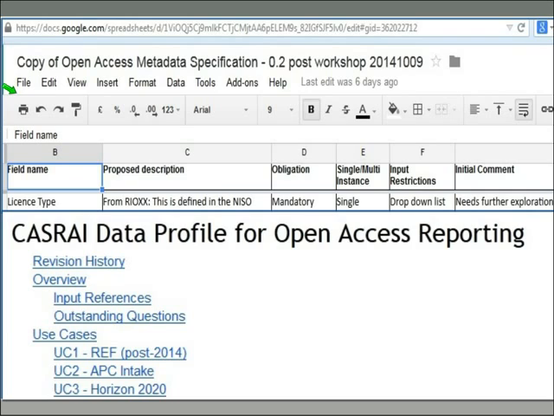What we were left with was about 30 odd core open access fields on top of the standard ePrints publications fields. And also a lot of questions where we feel we have to go back and work with REOCs and REF and just clarify exactly what is wanted so that we can be crystal clear on that. What we're also working with now is CASRAI, the CASRAI process. So looking at how can we make a sort of national standard for this metadata for open access that